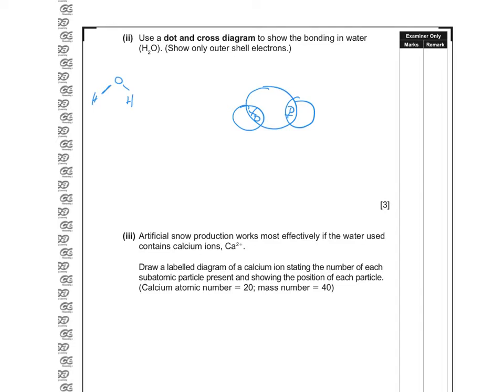Now, oxygen has 6 electrons in its outer shell. I'm not showing the inner shell. The inner shell would have 2 electrons. But the question just asked me for the outer shell. So I'm going to leave those out. So I've got 2 in the inner shell. I already used 2 here, the axis. So that means I need another 4 electrons,